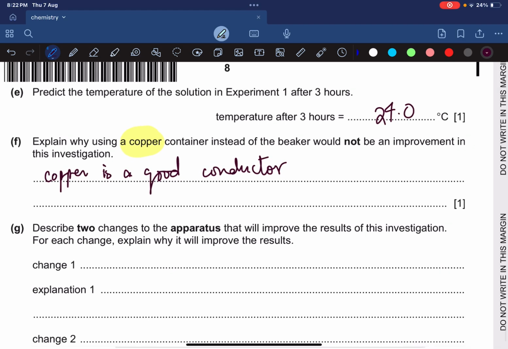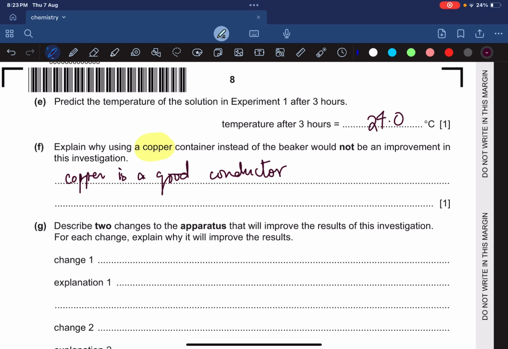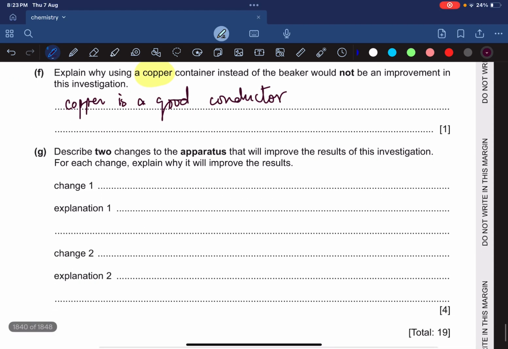Describe 2 changes to the apparatus that will improve the results of this investigation. For each change, explain why it will improve the results. Change 1 is going to be that we're going to use a polystyrene cup. Why? Because polystyrene is a good insulator, and we need to trap heat in such experiments. And always remember that when we are doing an experiment like this, we always try to insulate it. Either we use a polystyrene cup, try to insulate it